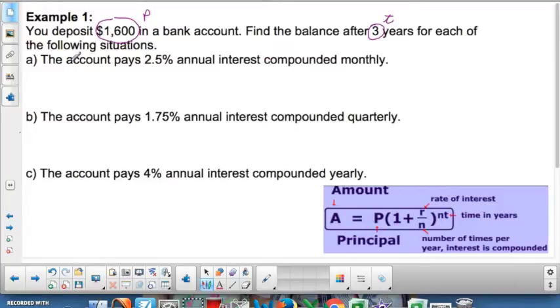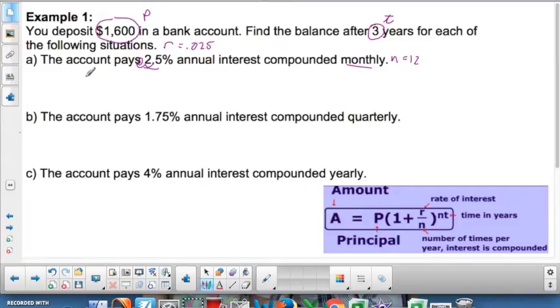So this first example says the account pays 2.5%. There's my R, except remember I told you that it's going to be given to you as a percentage. You need to change it into a decimal. To change it into a decimal, you are going to move that decimal 2 places. So this R is actually going to be 0.025 or 25 thousandths. Right, so we've got our principal, we've got our rate, we've got our time. The only thing we don't have is the N, which is the number of times per year it's compounded. This says it's compounded monthly, so that means my N is equal to 12